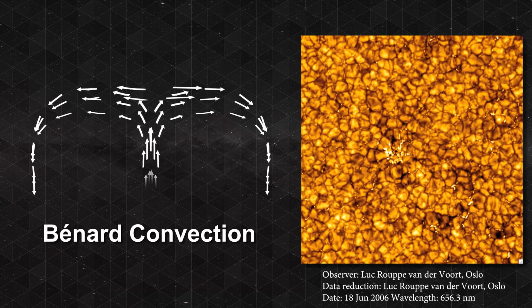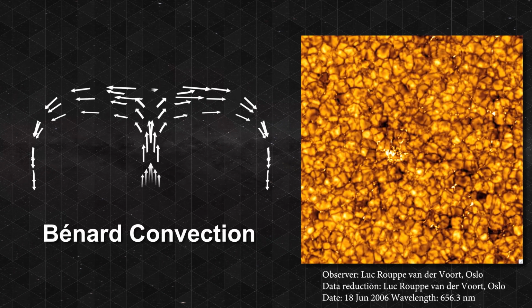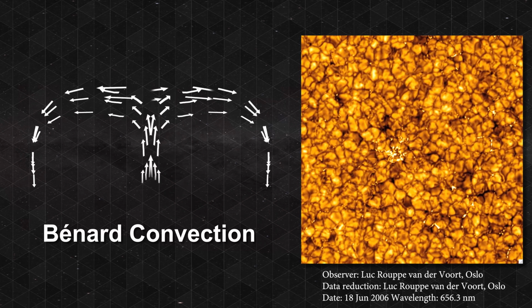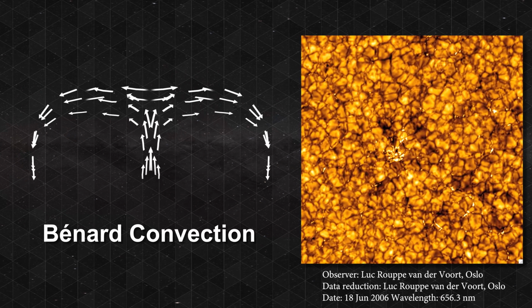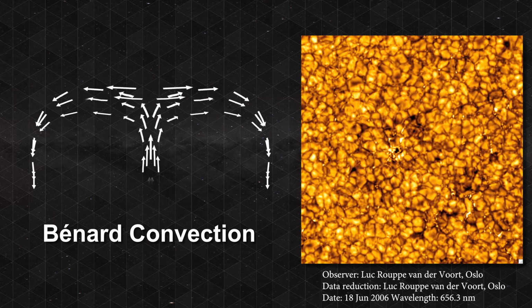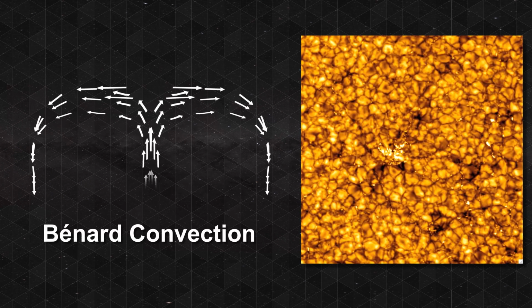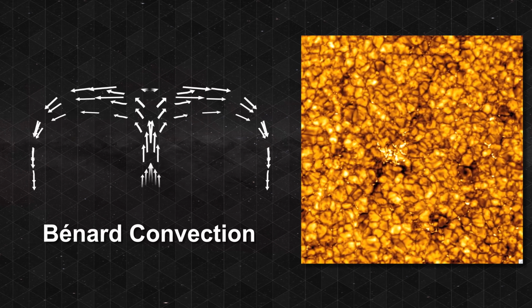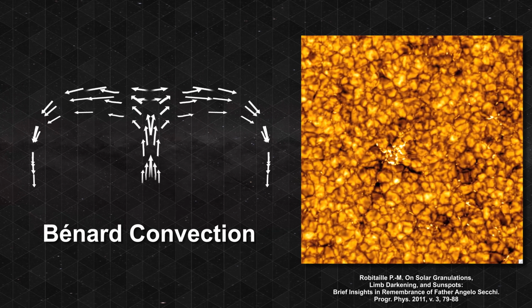Now we can examine this movie showing granules on the surface of the Sun. In the context of the standard solar model, granules are said to be the result of uprising convection currents. In modeling these currents, solar physicists often invoke analogies to Bénard convection on Earth. However, Bénard convection, by definition, is a surface-driven process. Furthermore, careful mathematical analysis of granules demonstrates that these objects follow the laws of space filling for 2D structures, something which is impossible for gases. More details relative to this finding can be found in this paper.